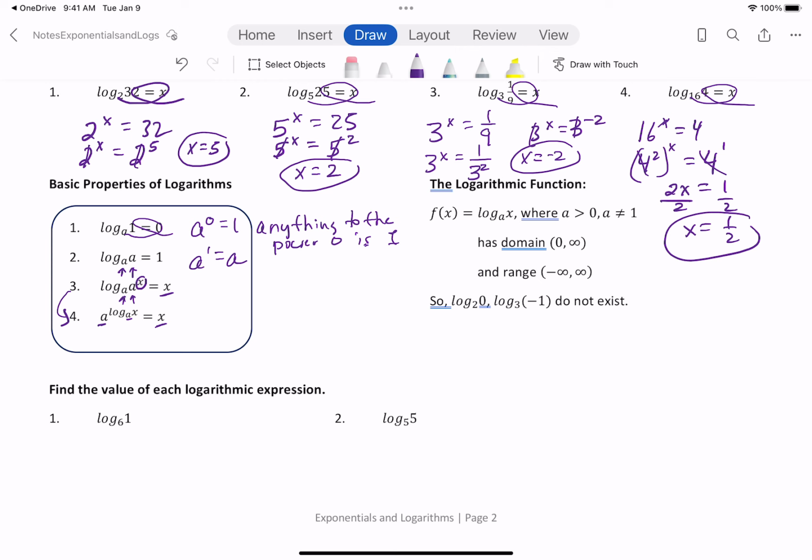So a couple of things about the logarithmic function. The domain is 0 to infinity. And you notice I don't have a bracket, so it doesn't include 0. So basically